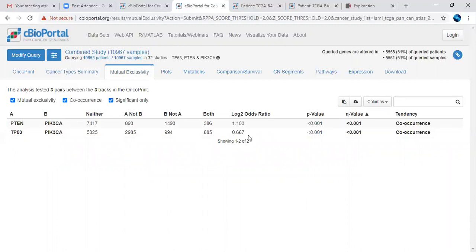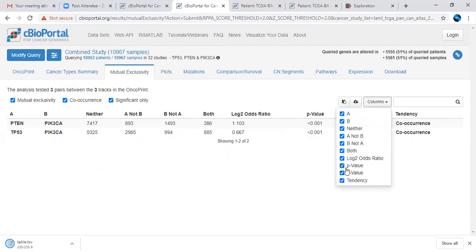Based on the algorithm, they have generated this log2 value and p value or q value scores. If you are interested in more than one particular search option of the particular gene, you will get all the q values and p values of your data sets, and you can download from here in TSV format.